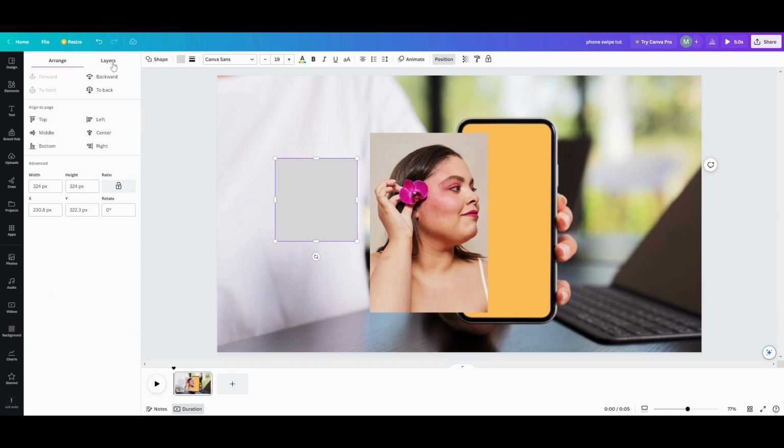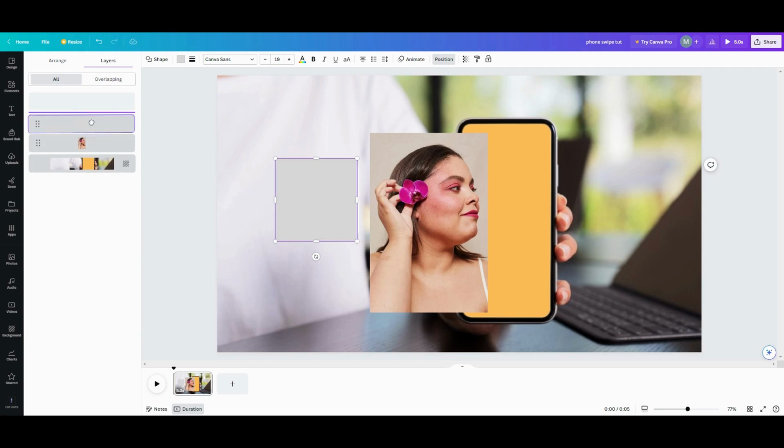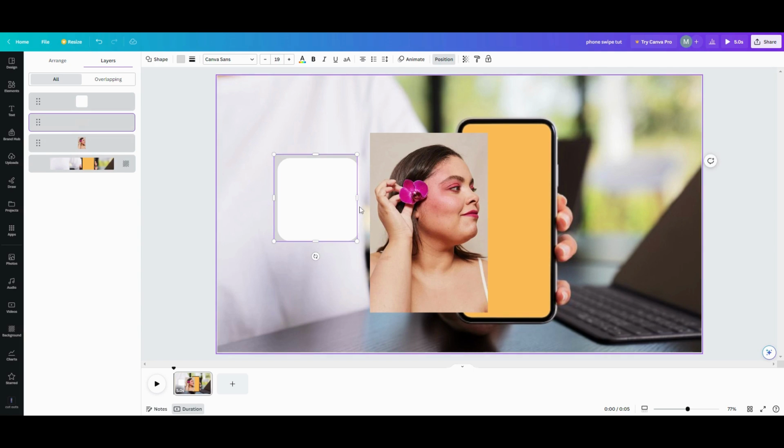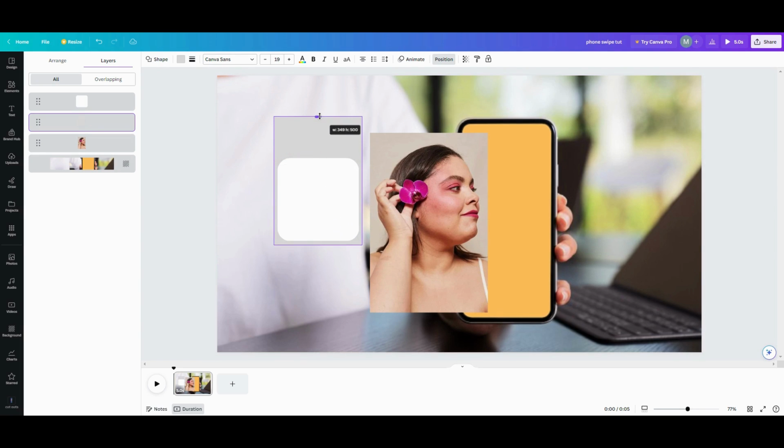Position, layers, put that in the front like so, and let's size these so it looks like a frame around there. And I'm going to have to make these long, so let's go longer. We want it the size of our